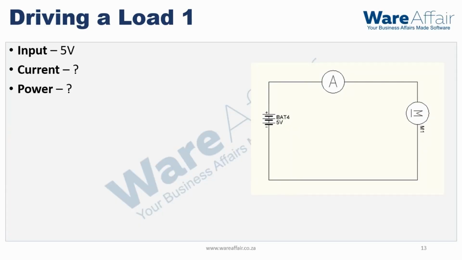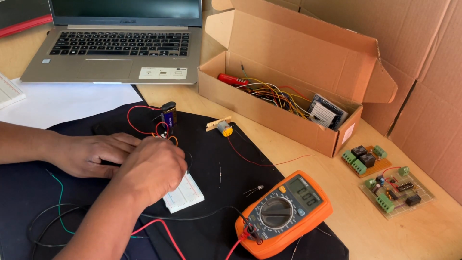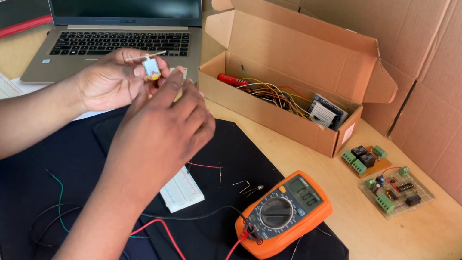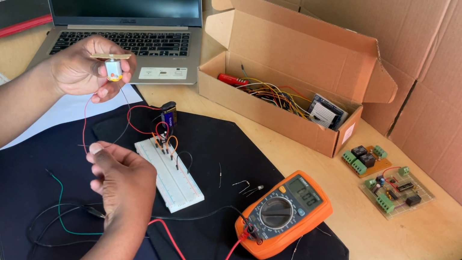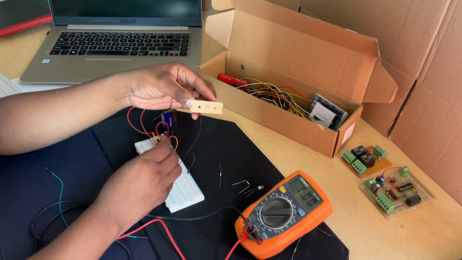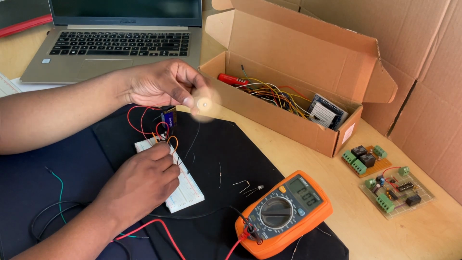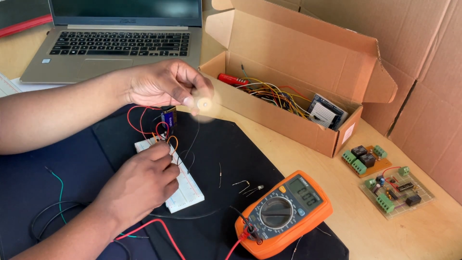The last circuit we're going to build will be driving a motor as our load. And here we're interested in some measurements as well. Okay, we disassemble the LED circuit to now connect the motor. The motor requires quite a bit of current to drive, so this one will not work if you have a resistor in series. So by plugging the motor in, you can see that it's spinning in one direction,